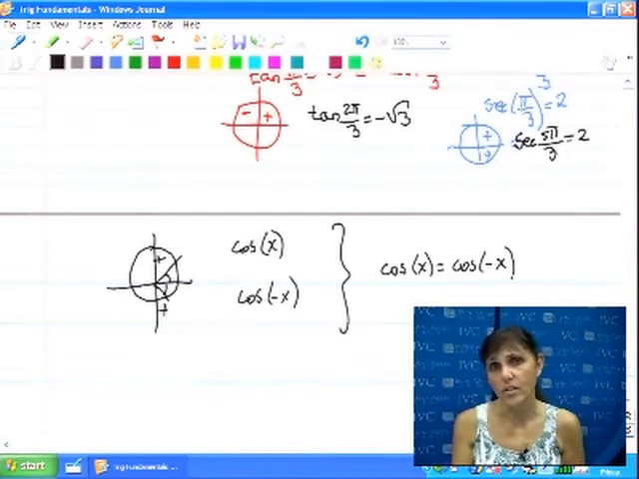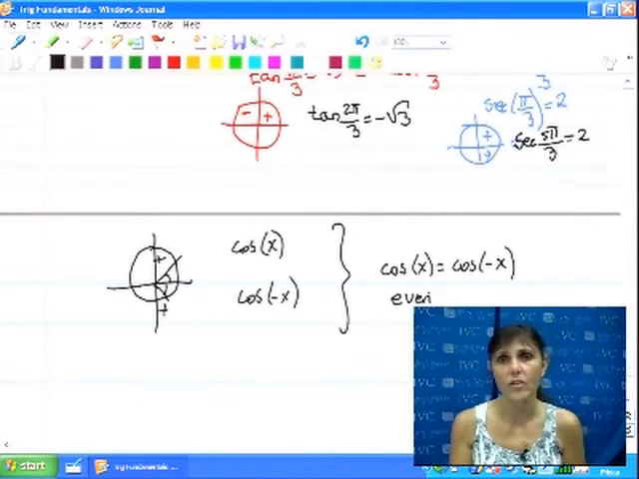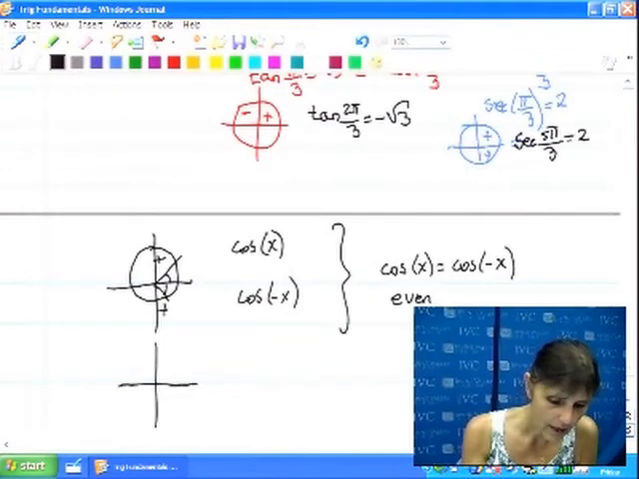Those kinds of functions are called even functions. So cosine is an even function: the value of x or negative x gives you the same answer. So let's look at